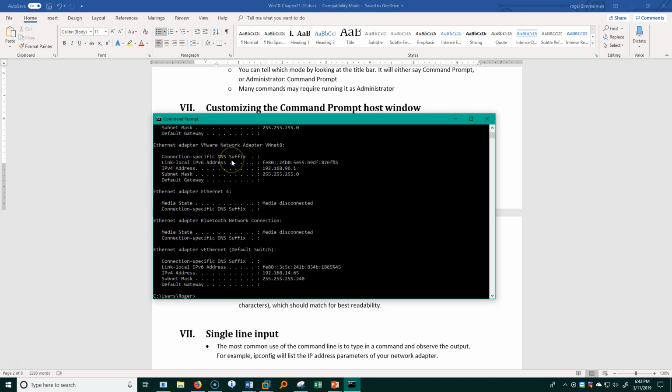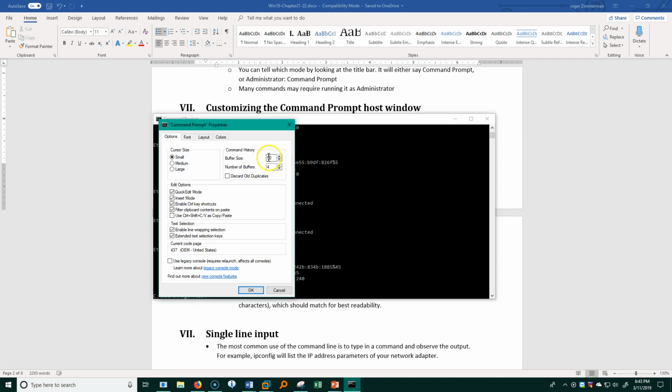and then if I click the up arrow, you'll see that it shows down here at the bottom the last command, and if I click it up again, there's the previous command. Up one more time, there's the previous command, and so it can remember up to 50 items here because I have the buffer set to 50. And I can remember up to 4 command line windows, that many items. Here's a cursor size. Here are several editing options that I'm not going to go into in any depth.